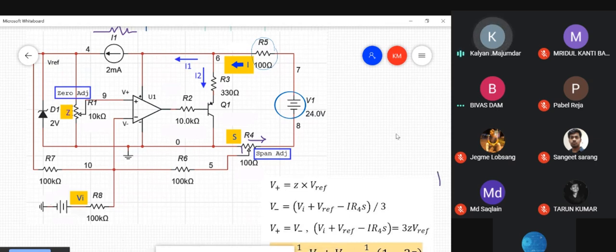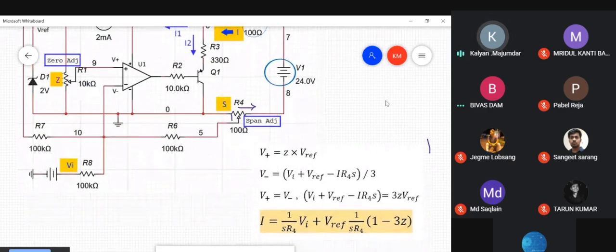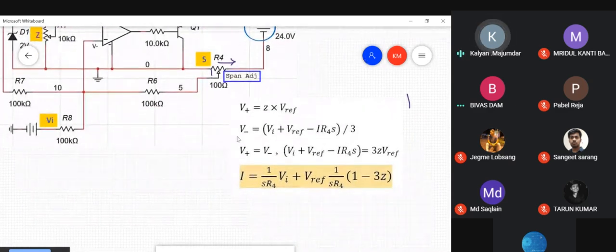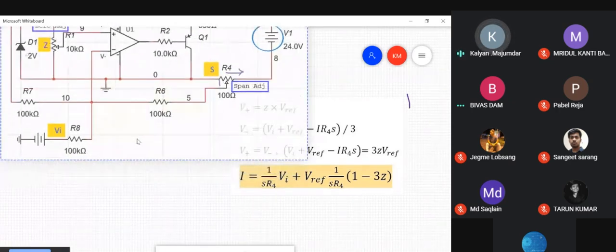the ultimate objective is to relate our input and output. Input is VI, output is current. If you equate these two, with simple rearrangement, the output current I, remember I is a loop current, is linearly related to the input voltage. This is the equation of a straight line. So this becomes a V-to-I converter. The output loop current is a linear function of the input voltage VI. Straight line equation. So if you plot this,